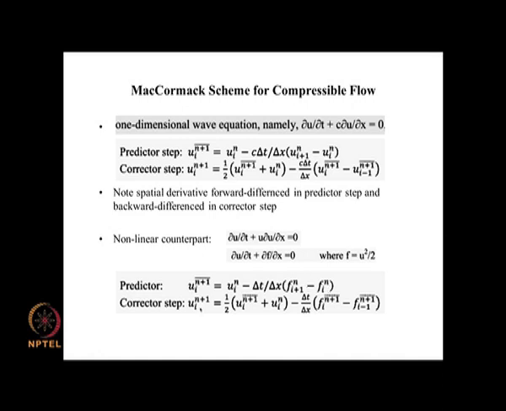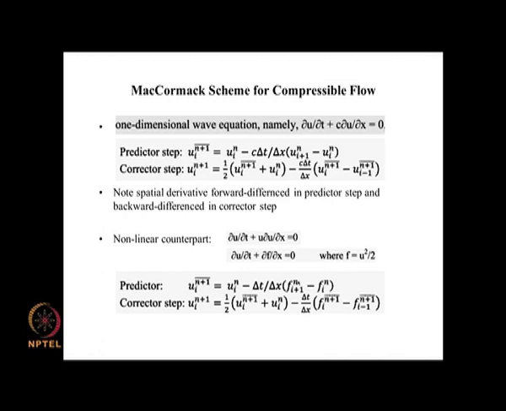When you come to the corrector step, U_i^(n+1), which is the final value that you are looking at, is half of the provisional value plus the old value minus delta T by delta x and F_i minus F_(i-1), making it backward differencing based on the flux values evaluated at n plus 1 bar. So, this and this one are similar, except that you are putting it as a flux here in this particular thing, and that allows you to bring in the u into this and then make the evaluation here, and so that is how we can proceed.